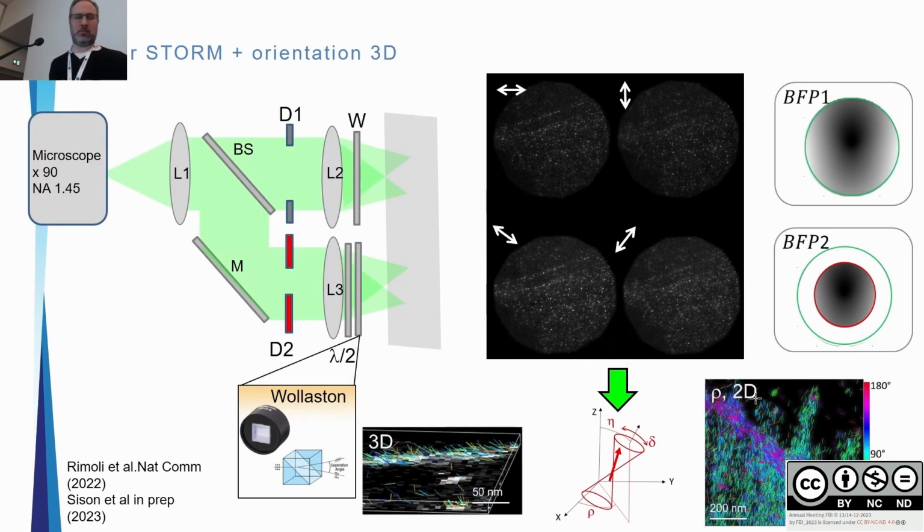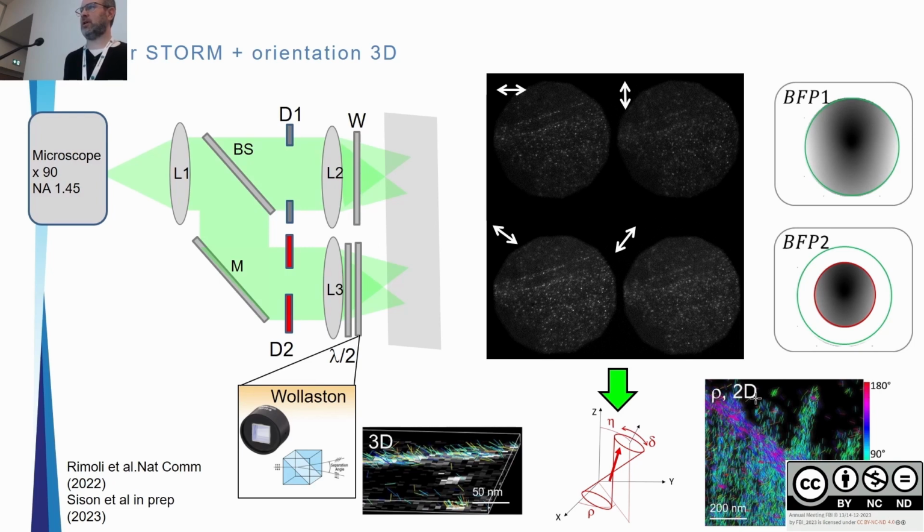So briefly, I will go fast, but the principle is that we want to use the polarization of light to see orientation of molecules, and for that, we use a classical microscope. In this case, in single molecule localization, STORM or PALM, and we separate the light emitted in 4 orientations with a Wollaston prism, and we detect the single molecule in the same camera. The originality we had recently is that now we are able to get the orientation in 3 dimensions. So we have different angles.